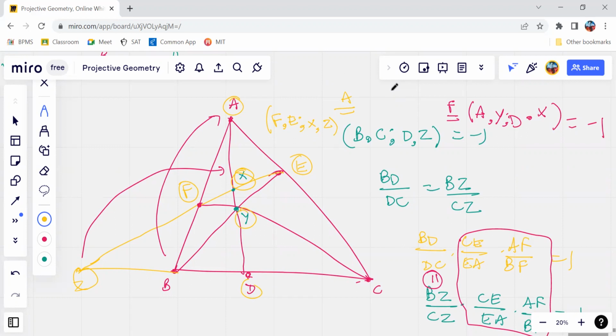Okay, you mean that instead of projecting through A, you can also project through Y? No, we projected from A to the line ZE. And now we can just flip the points in the cross ratio to get that 1 upon that cross ratio is equal to 1, not considering directed lengths at all. So if you project this through Y,